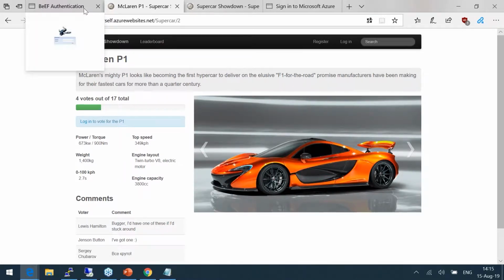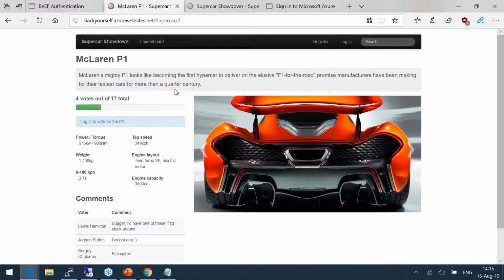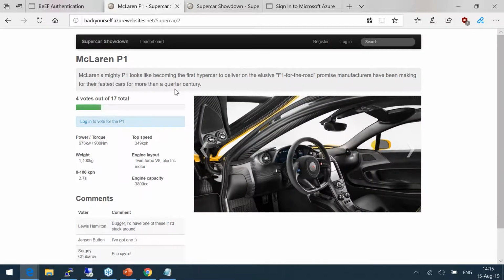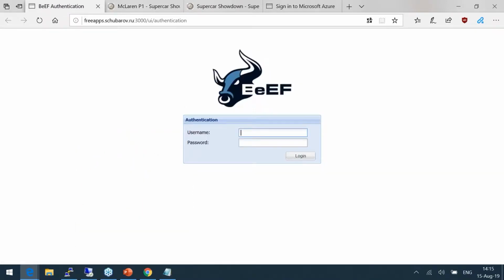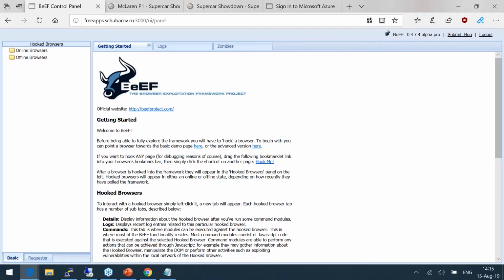What is interesting is that this app has some JavaScript, and this JavaScript wasn't created by developers. That was created by an attacker. And if I go to one of my attack frameworks called BeEF,